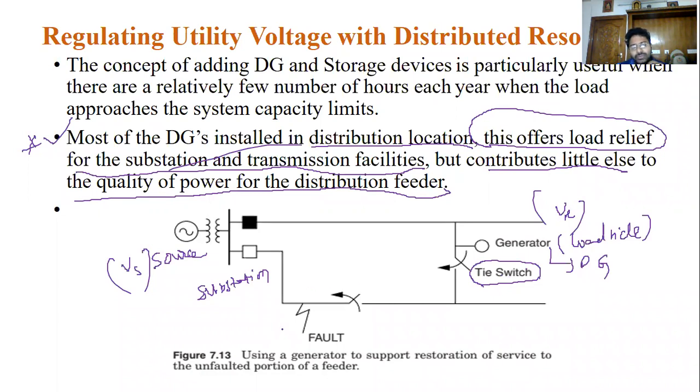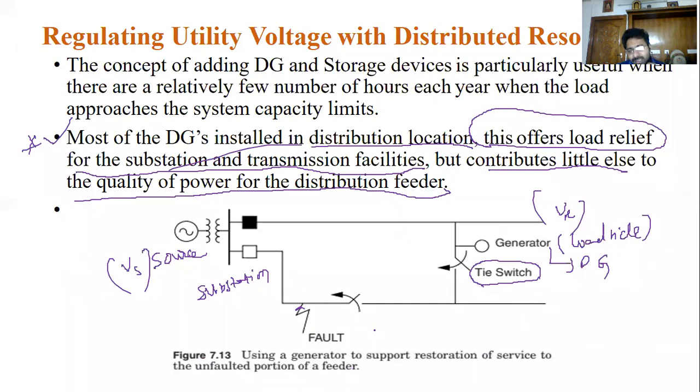We can assume that there is a fault in the line when there is any deviation or any change in the voltage and currents in the power system. You can treat it as a fault. That fault occurs because of so many reasons. Maybe tree branches fall onto the transmission lines or distribution lines, or some short circuit problems, some open circuit problems, some lightning, many problems. But we can assume there is some fault in this case.